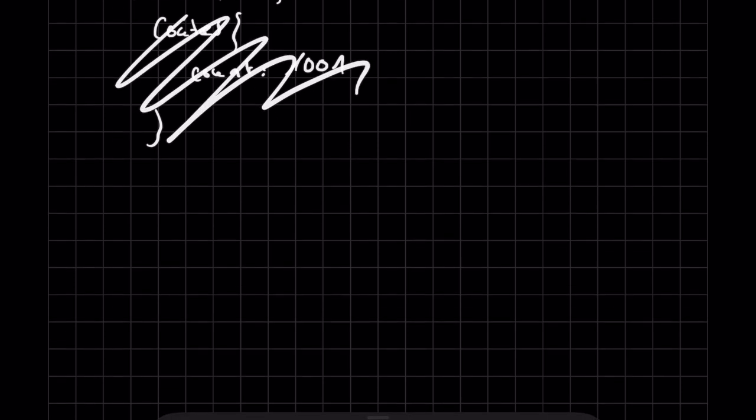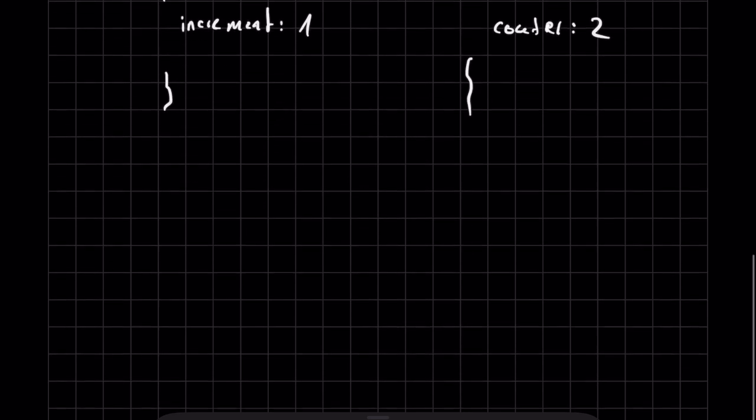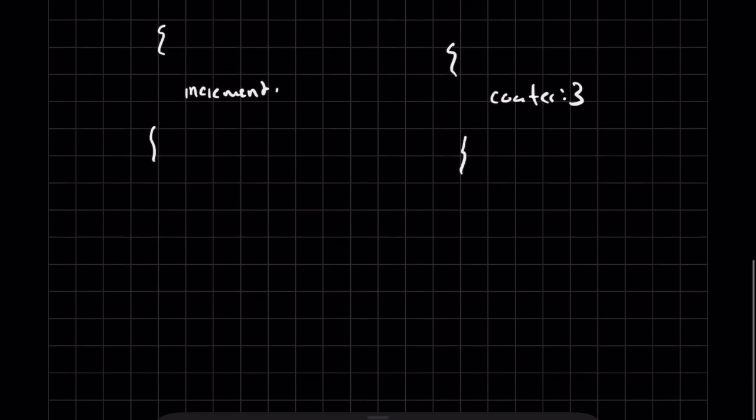So what you send instead is a request that says increment, and then you increment by 1. And in response, you maybe get back a part of the counter that says counter, and the counter is now at 2. And then you send the next request and you say increment, and then the counter is at 3. So you increment by 1. And you do this again and again and again, right? And by the end, the counter is maybe at 1,000. So this is absolutely a way to implement patch.